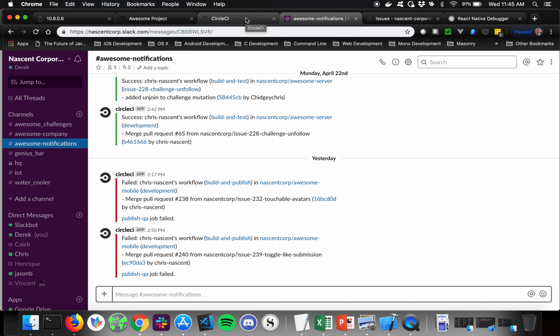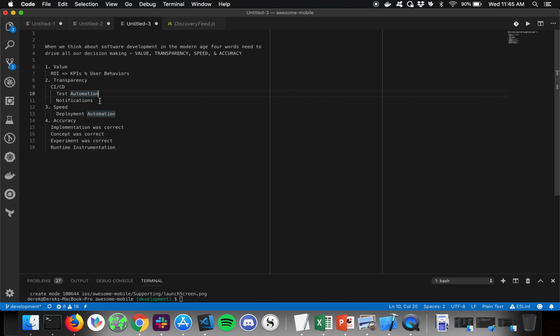Okay, and so then you've got constant visibility, through chat notifications or emails, etc., into what's going on in the build system and the work. That way, you know work's always getting done, or when work isn't getting done, and you've got transparency into the process. So if everything goes swimmingly and the continuous integration system is able to execute the tests correctly,